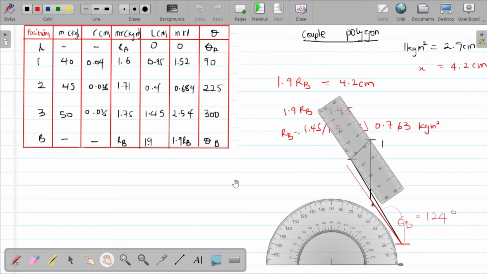I would want the list to be 2 once again. The list is 0.763. I would want it to be 2 centimeters. So I want 0.763 to be equal to 2 cm. That means 1 is equal to